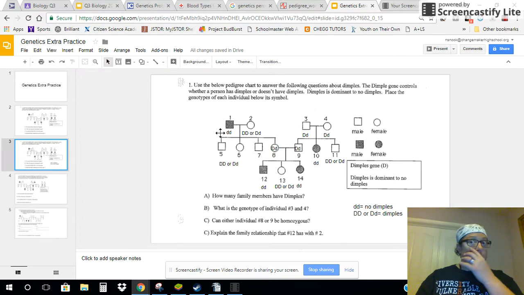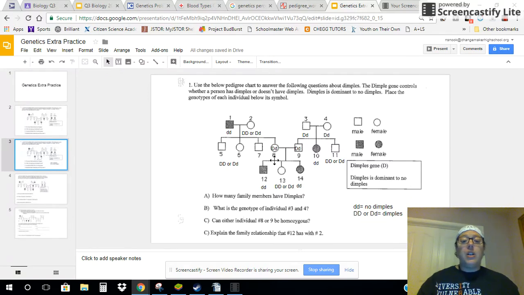Their genotype is little d little d. This person does have dimples, number 2, but we don't know what their genotype is. So it could either be big D big D, or big D, little d. And in order to figure that out, you would have to get into more detail. But we need to first look at this mating between 8 and 9 and their offspring, because that's what the questions are about. So first of all, I decided that 8 was heterozygous, meaning big D, little d for dimples,